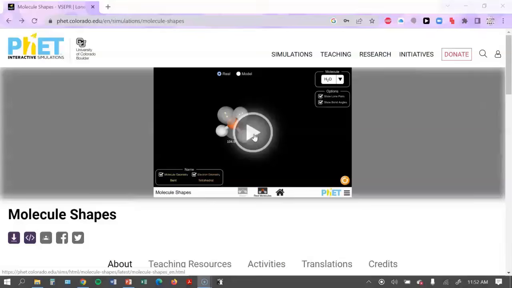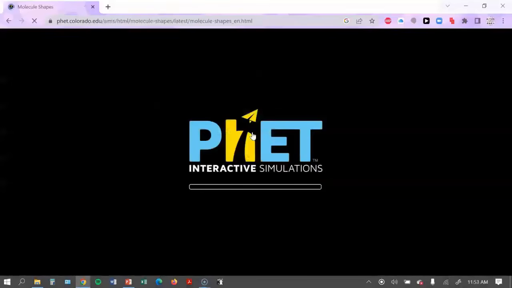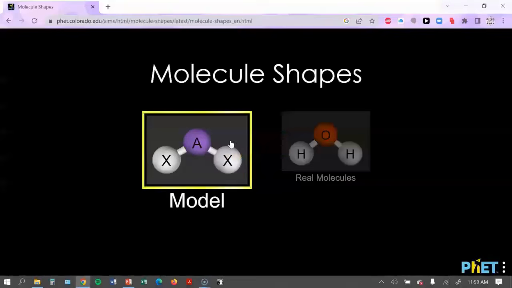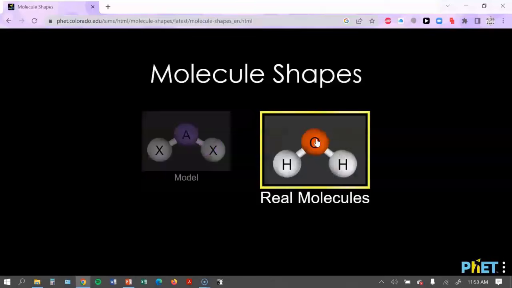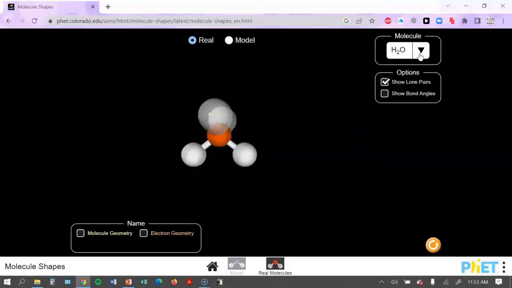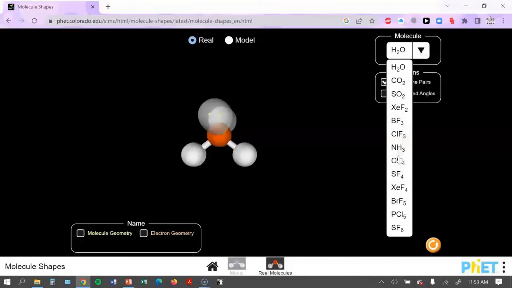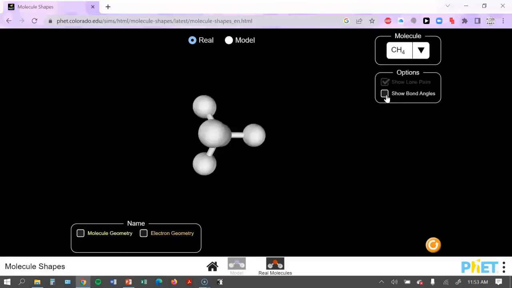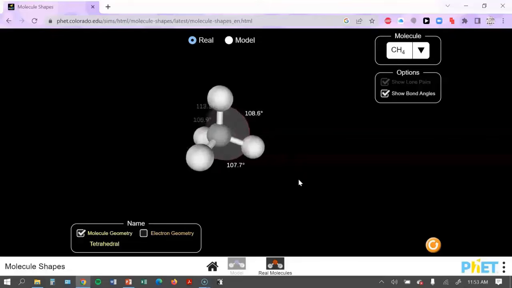So now let's return to that PhET simulation, but this time, instead of clicking on model, let's click on real molecules. So I'm going to go ahead and select CH4 from the pull-down menu, and I'm going to click on the option to show bond angles. So here we can see what we would predict, which is tetrahedral geometry for CH4, and the bond angle is